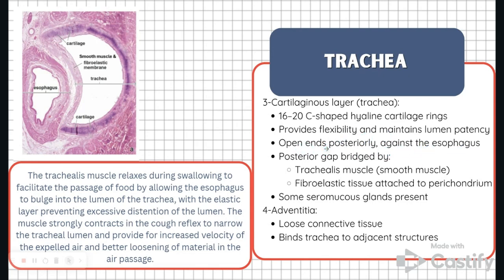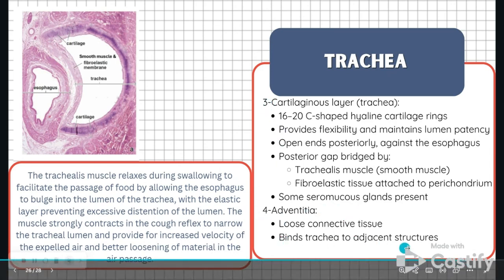As I said, this is the same thing here, that the esophagus helps keep it open, and we don't need it as much. Okay. Then you have the adventitia. Adventitia is a loose connective tissue, binds the trachea to the adjacent structures. You have the trachealis muscle,